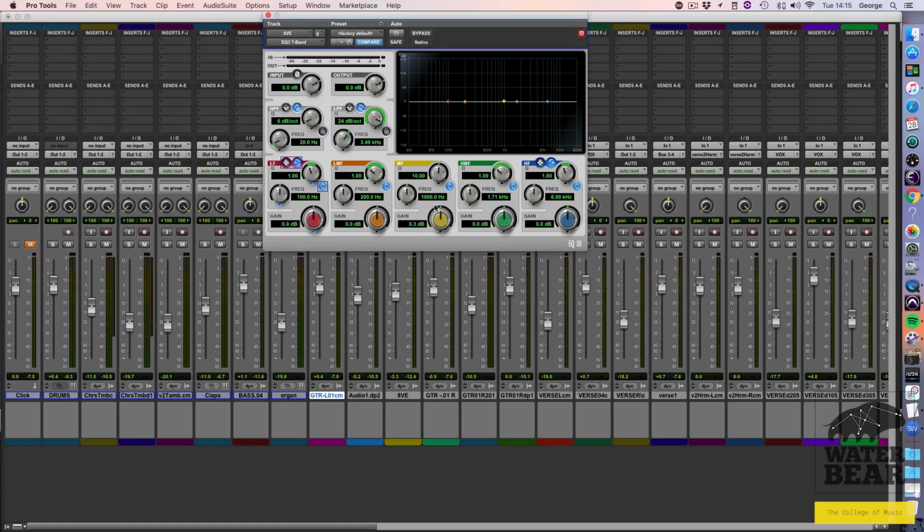So now that we understand filters, let's have a look through the parameters of a parametric EQ. Now, a parametric EQ is the most common and versatile type of EQ used in music production, and you will usually use this for things like corrective EQ. So we have the frequency, which is the center frequency range of the selected band, and it also sets the frequency of the cutoff of a high or low pass filter. So this is our frequency here. We can see it's moving. I'm just going to boost this so you can see it,